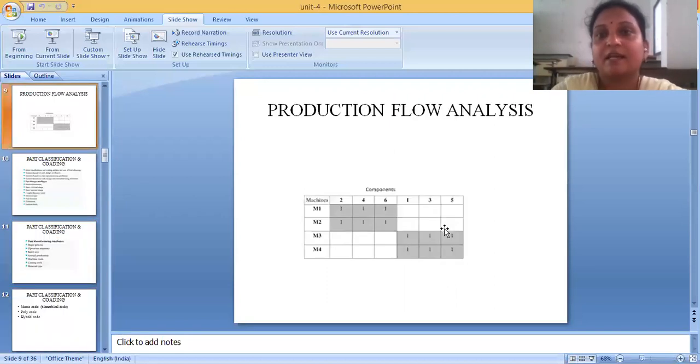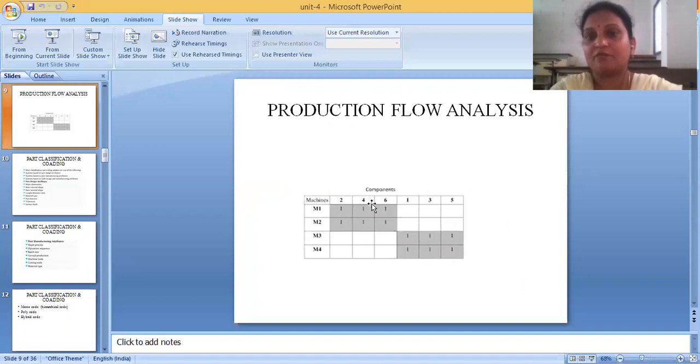Next one is production flow analysis. Production flow analysis is where, I have given you some examples, you have a sequence of operations on machines M1, M2, M3, M4, M5, M6. Here they have given an example with M1, M2, M3, M4. Component 2 goes to machine 1 and machine 2.